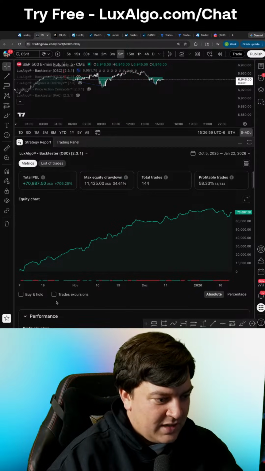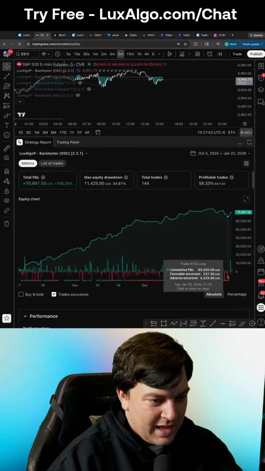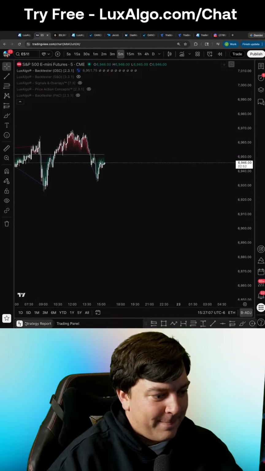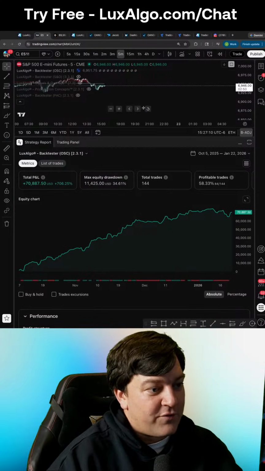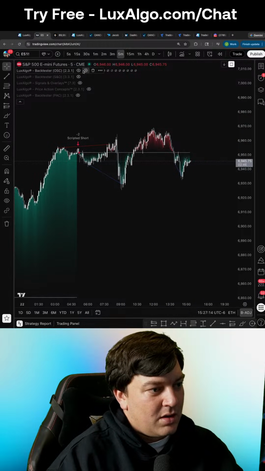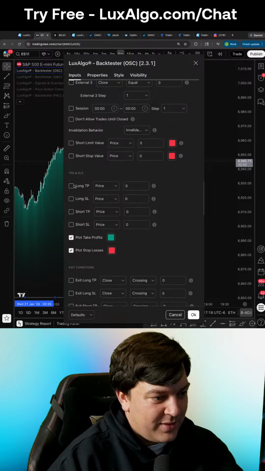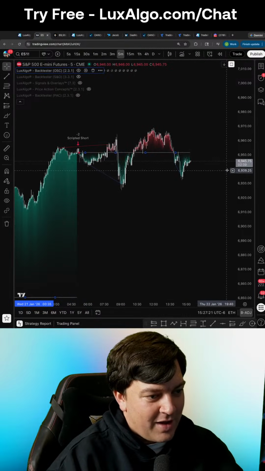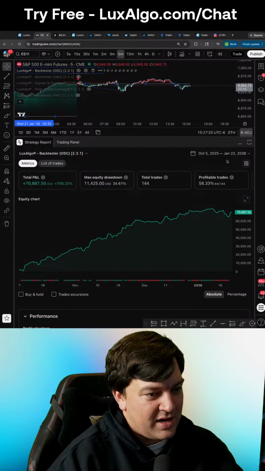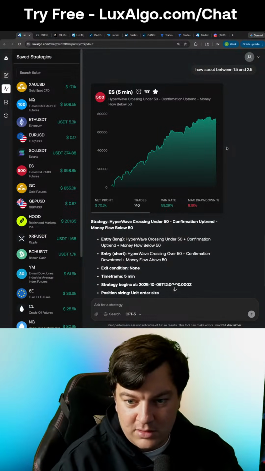I can turn on this as well. I can see kind of the drawdown that it had just recently, but not bad. That's pretty good. So from here, if I like this strategy, or if I want to tweak it a little bit, I can actually go into this on TradingView and I can tweak it. Just note that if you want to set it up for automation, when you're tweaking it from here, you have to send the alerts from TradingView for automation. But I can actually do the automation from